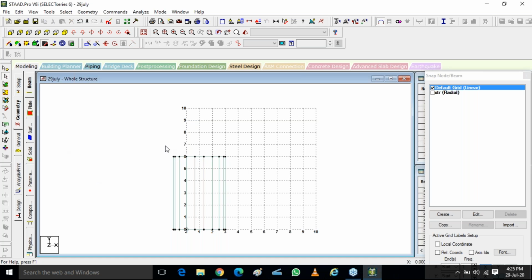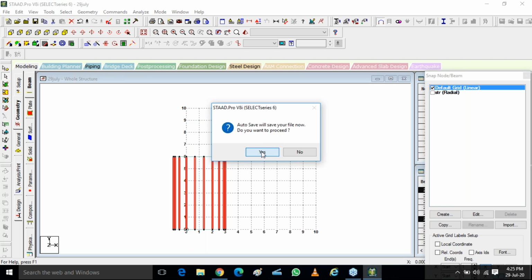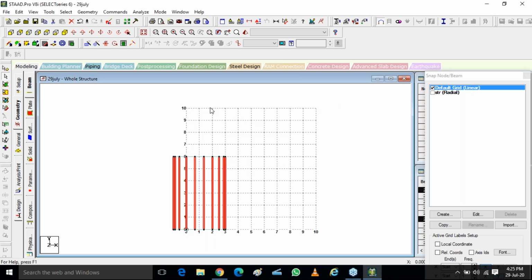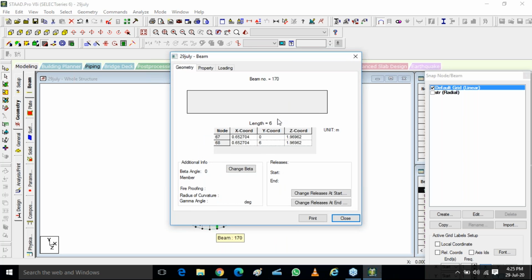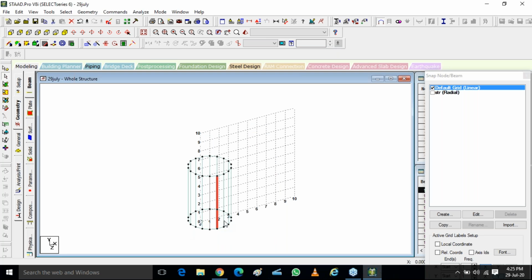Now what I'll do, I'll just go to my beam selection. These are your beams. What you have to do, you will just divide them. In how many parts? Divide them in at least 3 or maybe 10 parts or 12 parts. Or what I'll do, I'll take only isometric view. I'll take only one beam. You can see this. The length of this beam is 6 meters. So after every beam, I'm going to create a division from the start. All the starts are from the bottom. Okay. From the start, I'll create a division of half meter.